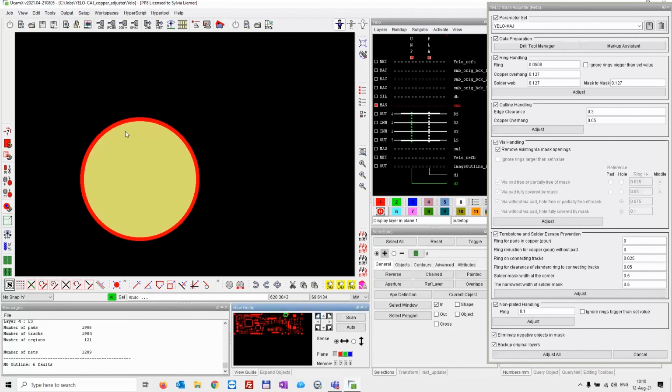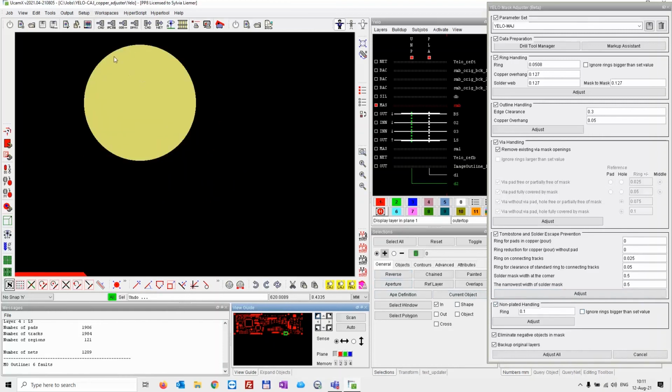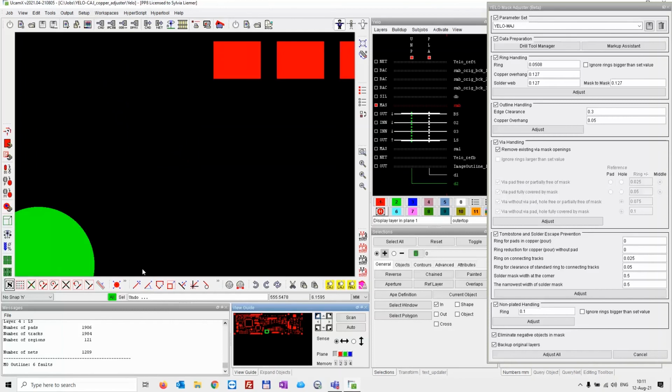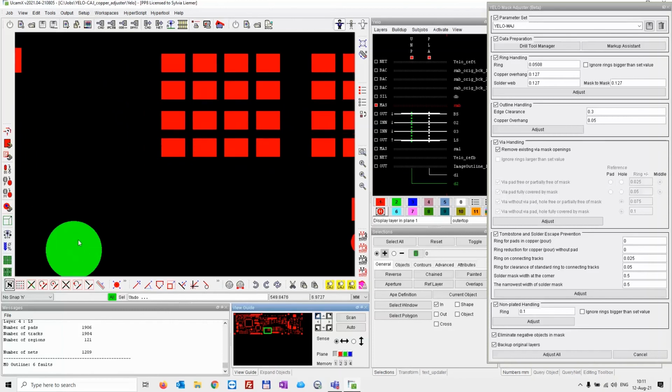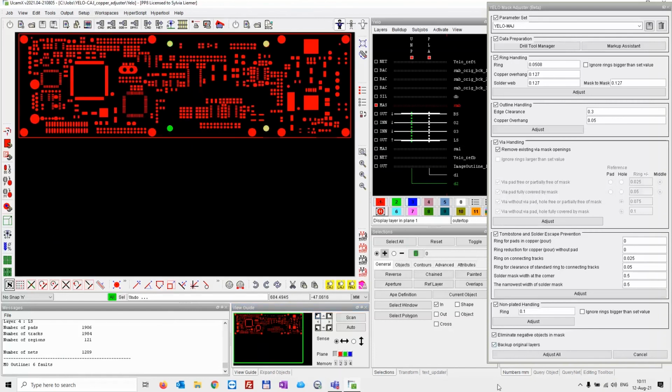In that case, the mask is bigger, but maybe not to the same size. This one is exactly the same size for mask opening and hole. And in this case, there is a mask opening missing. So if we go to our functionality